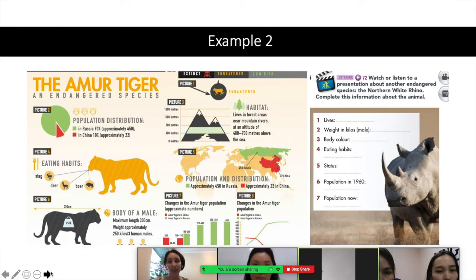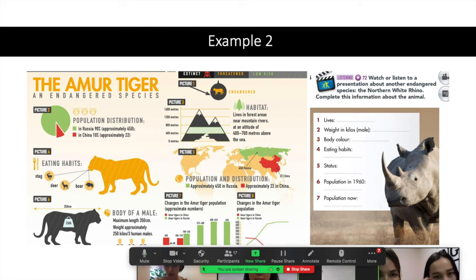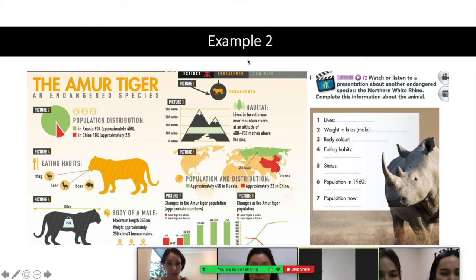Let's take a look at one more example. Is this a typical example from a course book? Like read a text, study the image, then watch a video or listen to something and be ready to complete some notes. Is this typical?